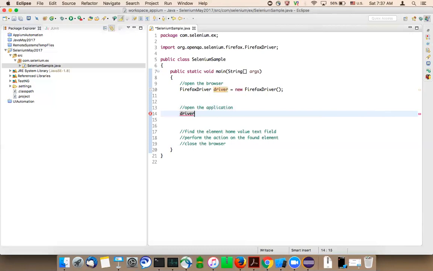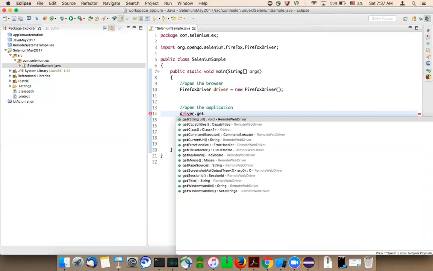The Firefox driver has lots of methods. I'll show you the different methods it has. For now, there is one method called driver.get. There is a method called get in the Firefox driver, which takes the parameter URL.